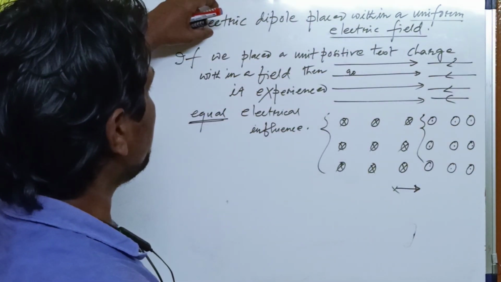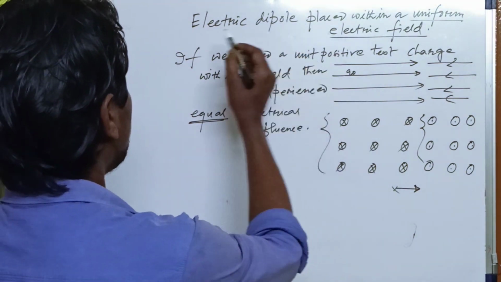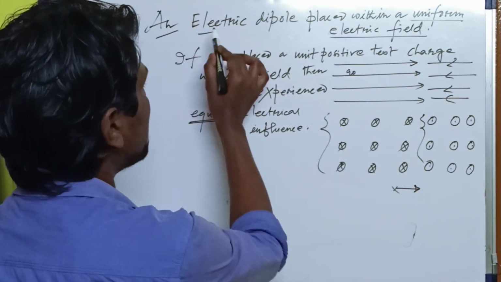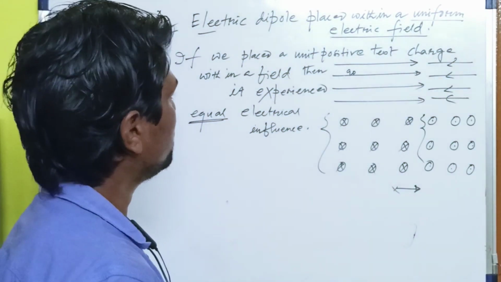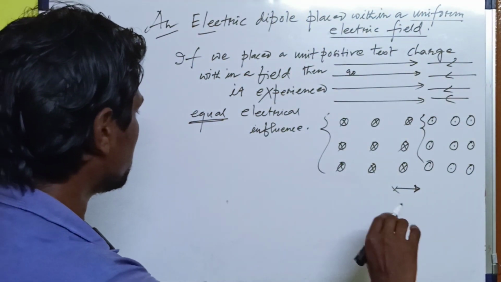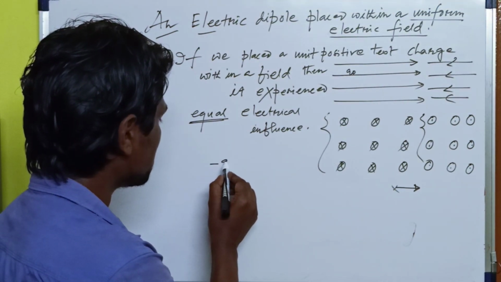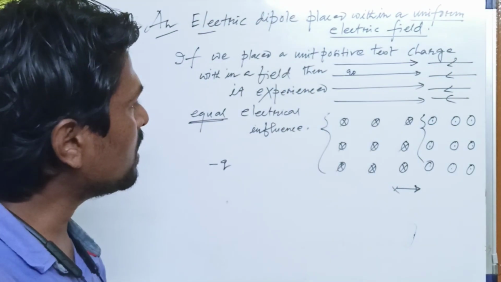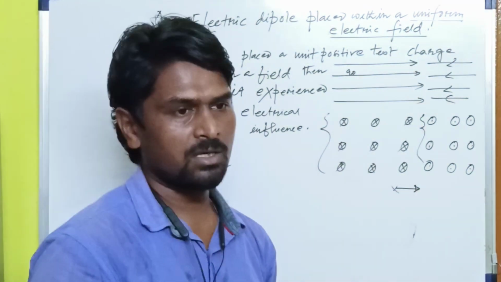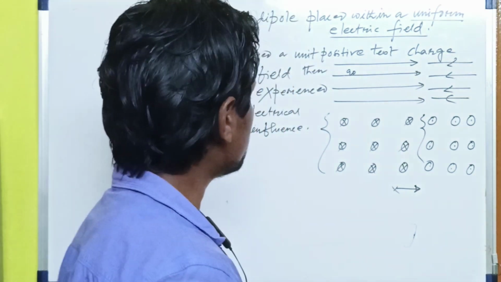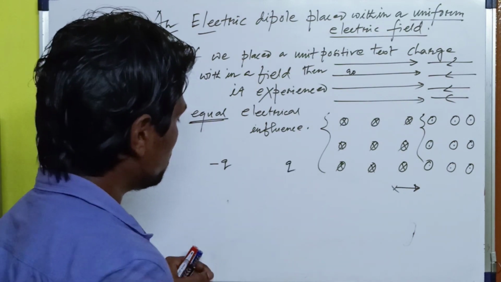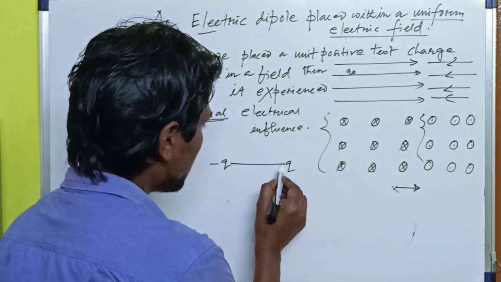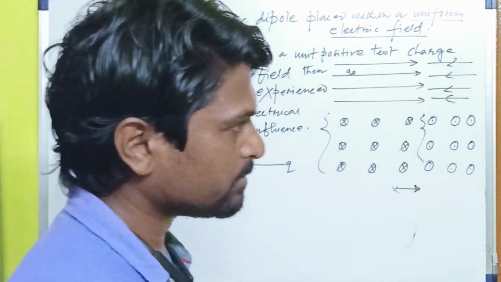So, an electric dipole placed within a uniform electric field. What is an electric dipole? Students, we covered this in the previous class, and if you are new to this channel, please pause the video and go to the previous lecture. So this is minus q and this is plus q, and if two equal and opposite charges are separated by a very small distance,